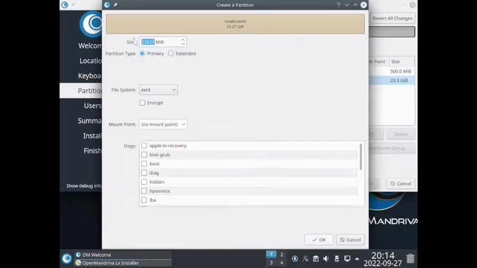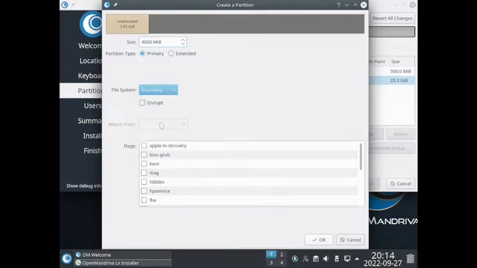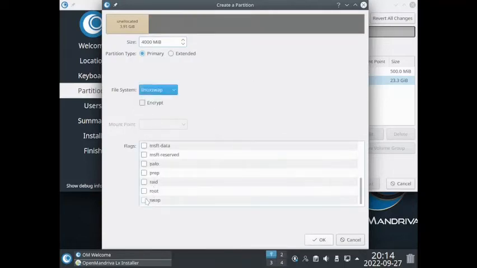We can go with 2000 only, or we can go with 4000. Why not? The Linux swap, where is the swap flag? Yes,